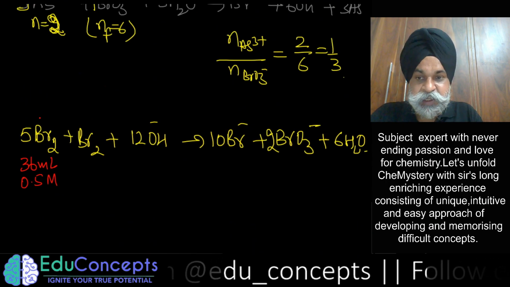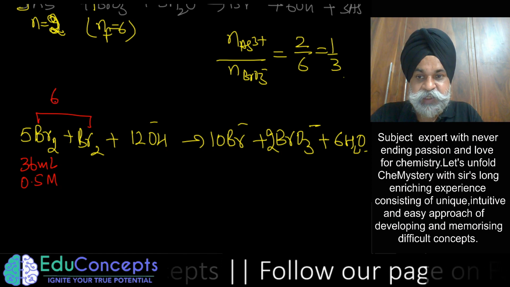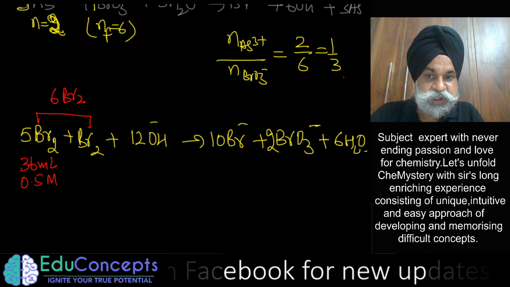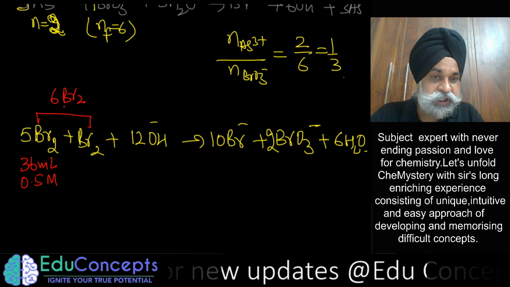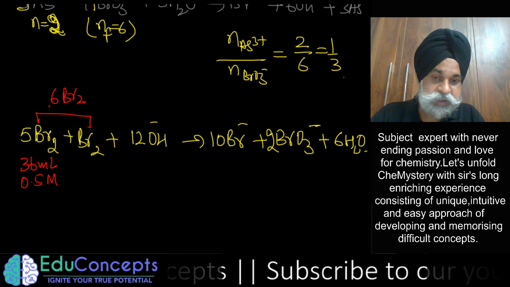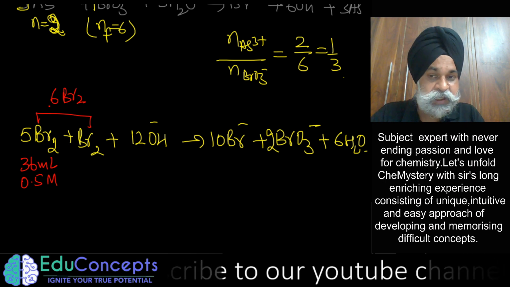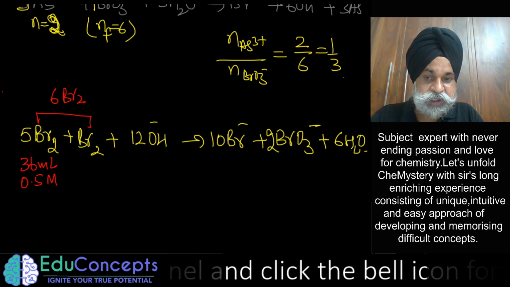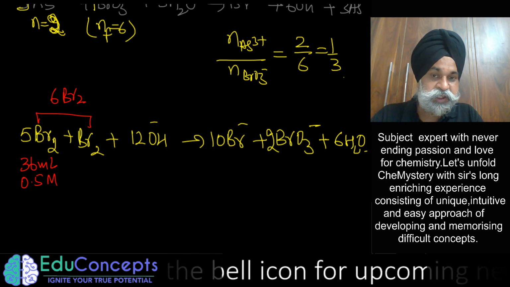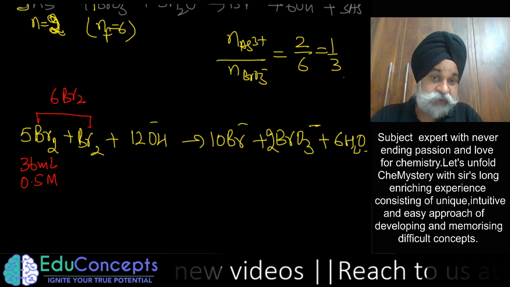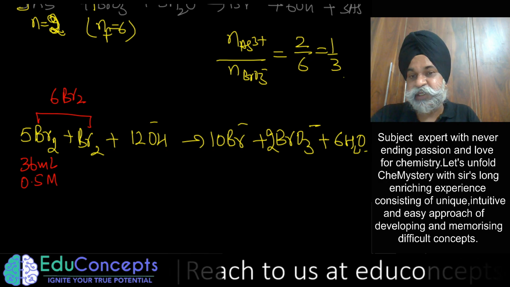Now see here, I should have written it 6Br2 just to make you understand that 6 moles of Br2 during the disproportionation reaction, while applying the equivalent concept as well as in the mole concept, you have to have a fundamental understanding of how many moles of that particular substance which is being oxidized and reduced is being taken, and how many moles of it are reduced and how many moles are oxidized.